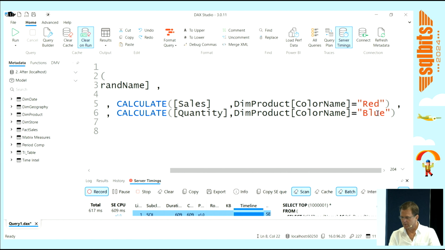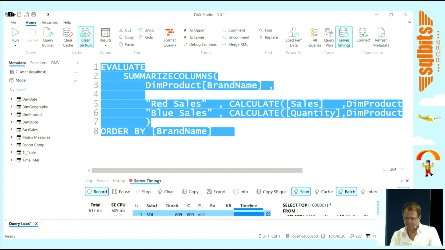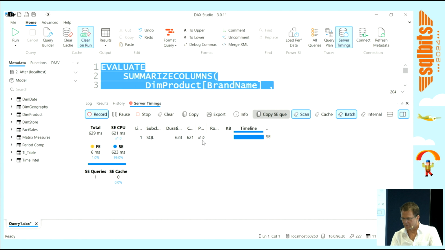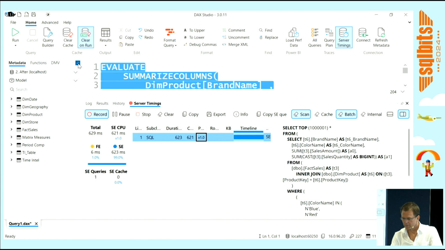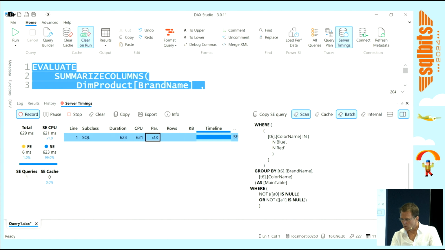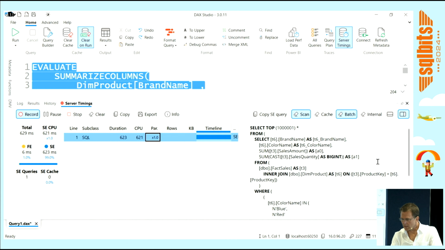And we've got the equivalent for the sum of quantity over blue. So we run the query. And this is horizontal fusion kicking in. I probably don't have enough screen real estate to show both. Horizontal fusion tends to pop up in the where clause now. Regular fusion has taken place because it's been smart enough to recognize, well, we're going to the same fact table that has both the sales amount column and the quantity column, so let's merge those together in this select part